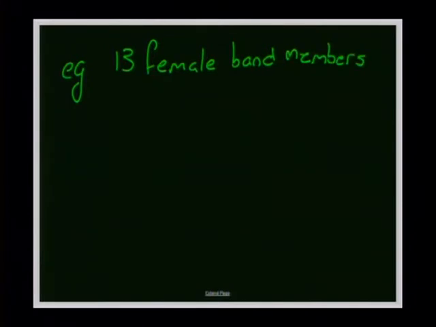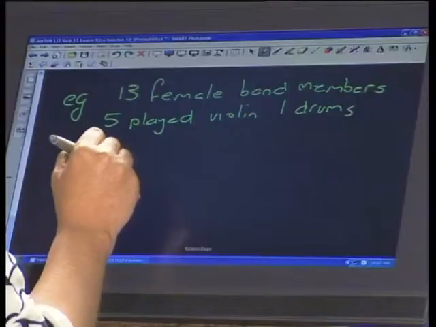So there were 13 members of a band, and of those 5 played the violin, and 1 was on the drums, and that's all the information that we were given. Now, if I ask you for the probability that they were female,